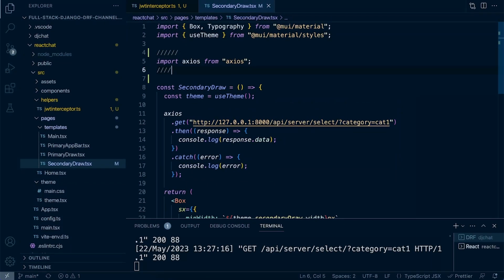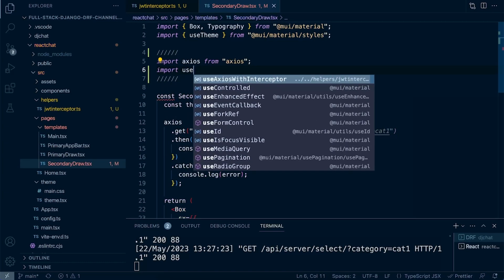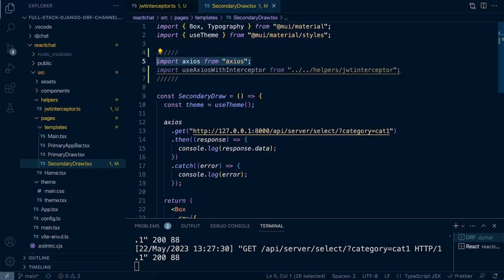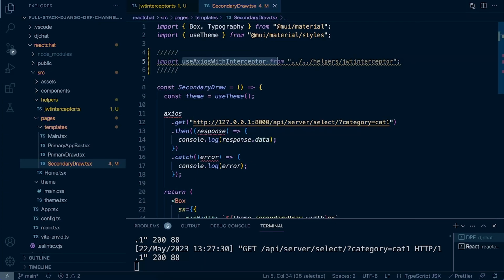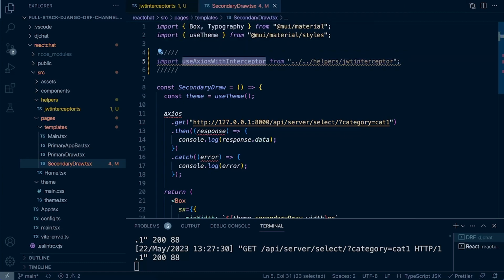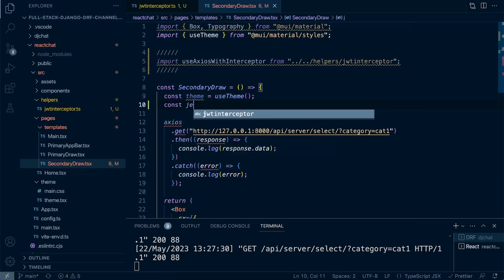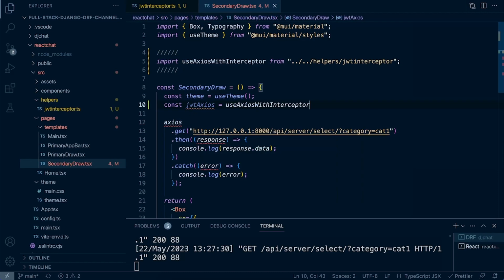Okay, so just to remind myself that I need to remove this. So let's go ahead and import now the use Axios Interceptor from the helper folder there. So I'll just bring that in, and then we're going to need to bring that into the application. So function, this goes JWT Axios equals our interceptor. Okay, so we now bring our interceptor in, and now we can utilize this to actually build